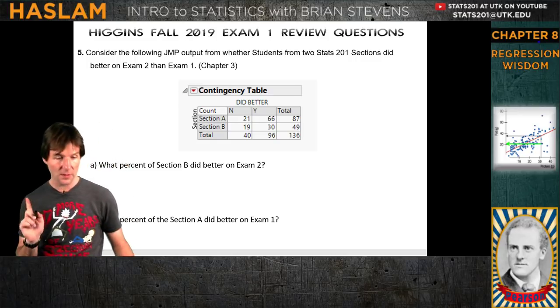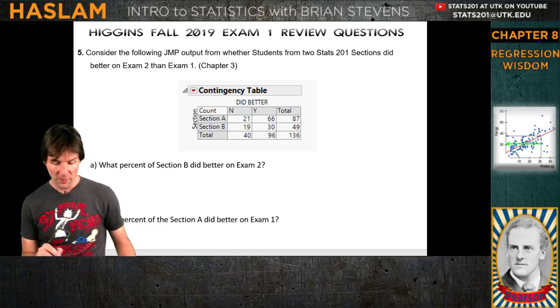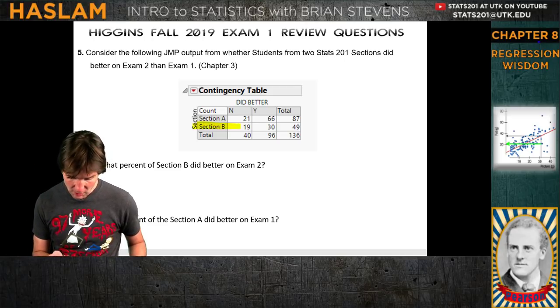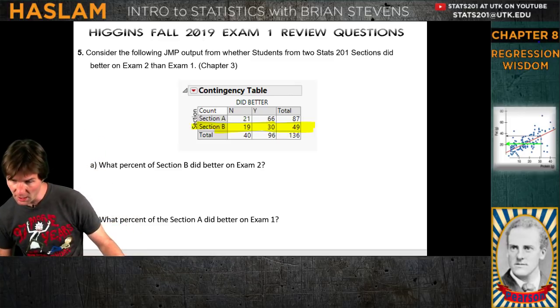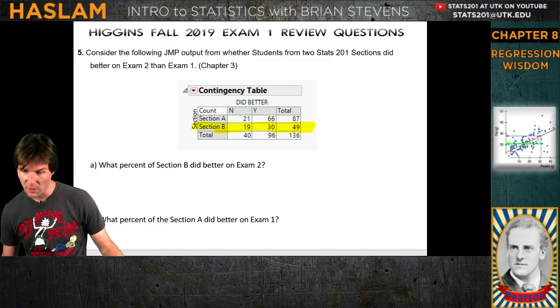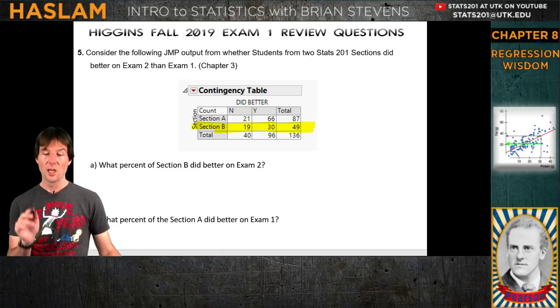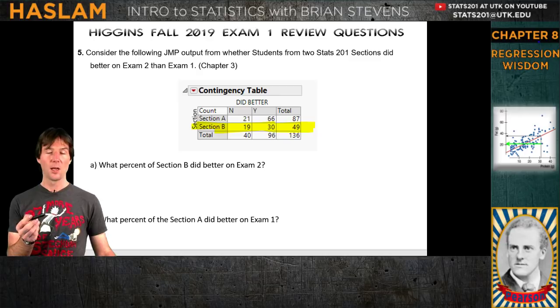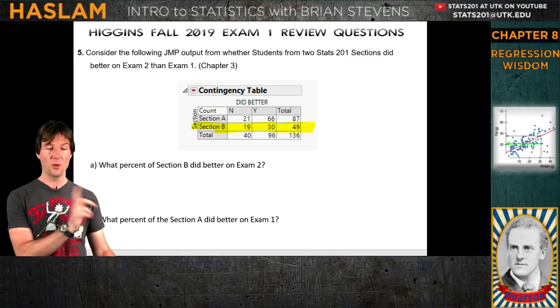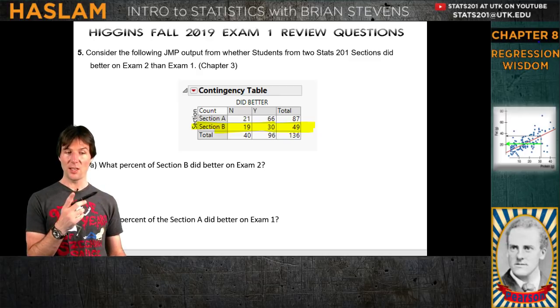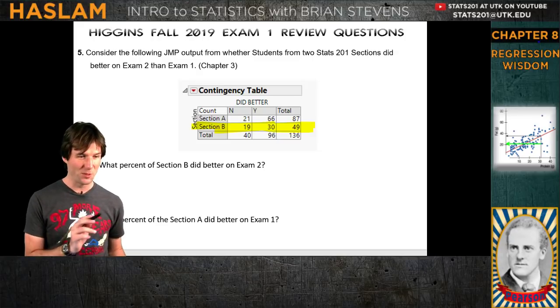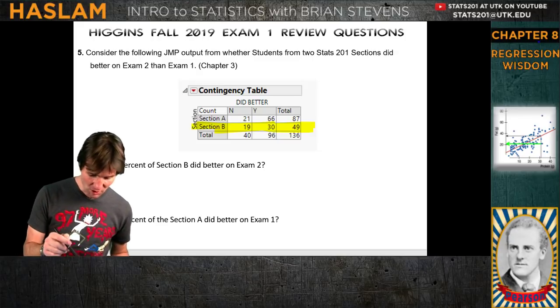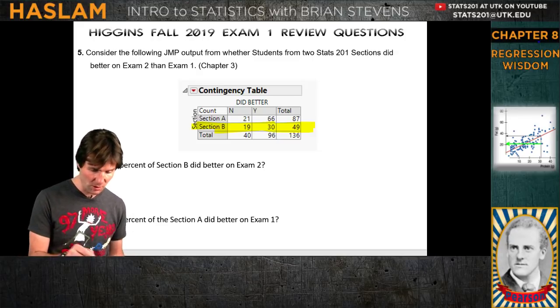Now wait a minute, this sounds like a conditional distribution to me, because we'd have to say given someone is in section B. So they might be saying in the chat, normal data can have medians too. It doesn't have to be right. So we can get the medians, but we would not use them as the center. If it's normal, we'll use the mean as the center, and we'll describe it that way, so we'll have a normal distribution. Great answers. And so what percent of section B students?